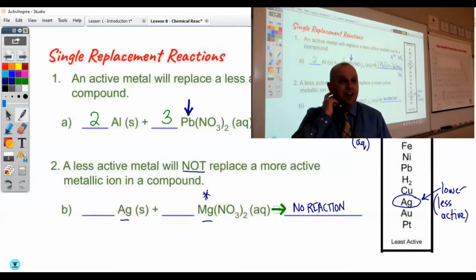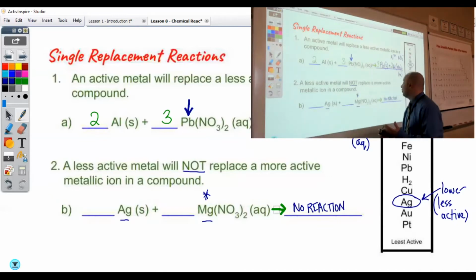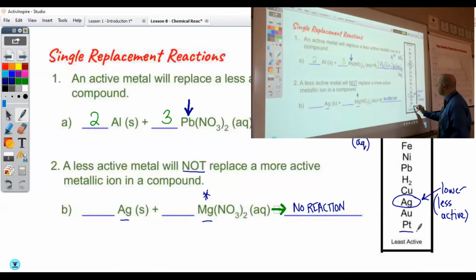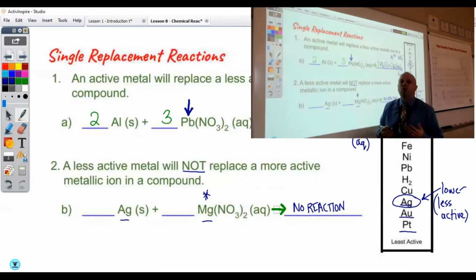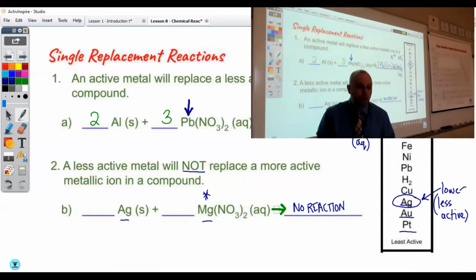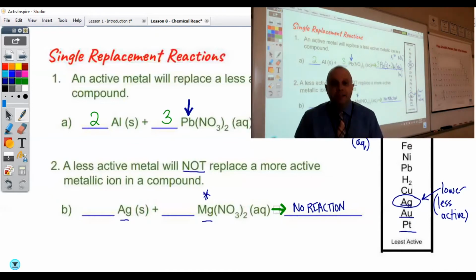One of the benefits of making jewelry out of silver, gold, or platinum is that they are not very reactive, and that makes them more valuable. Notice that those precious metals are all down here at the bottom: platinum, gold, and silver. We would not want to make a ring or a piece of jewelry out of something like magnesium, which is going to react with moisture in the air and oxygen. So instead, we choose to make jewelry out of metals